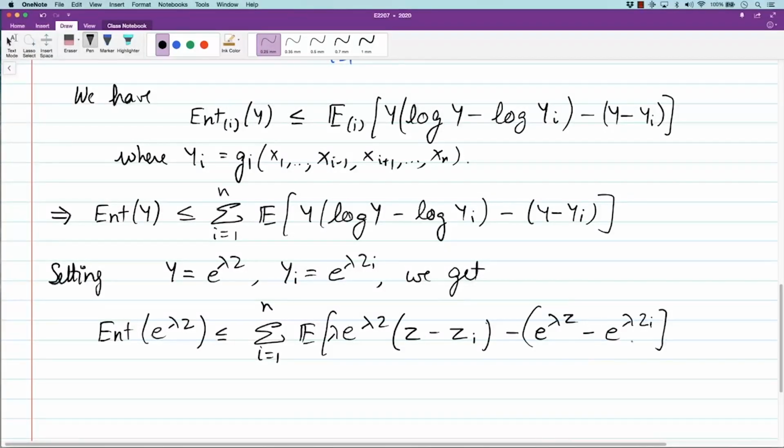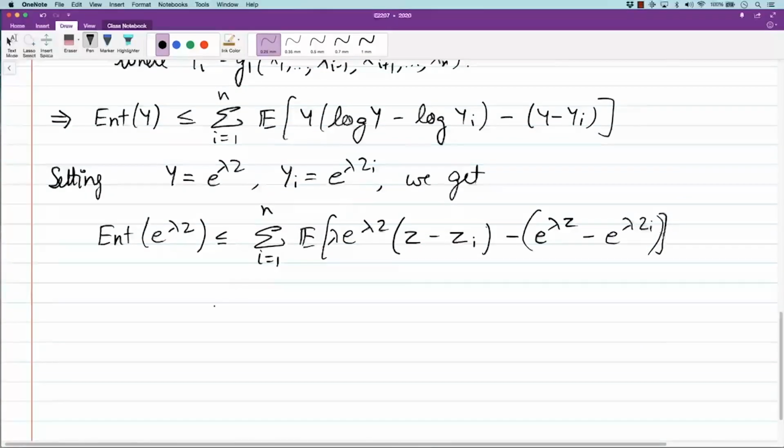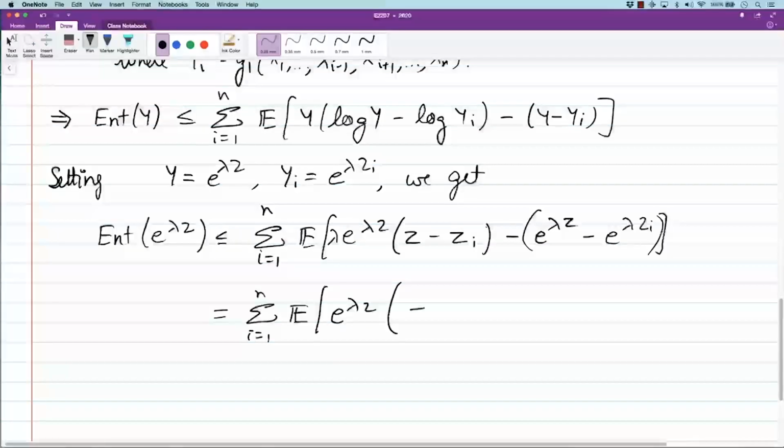Okay, just substitution. So this is exactly equal to summation i equal to 1 to n expected value. We take e to the power lambda z outside, and what we get inside is lambda z minus zi minus 1